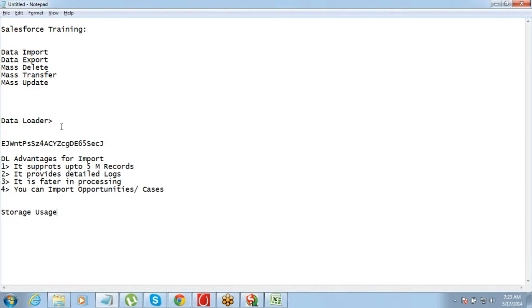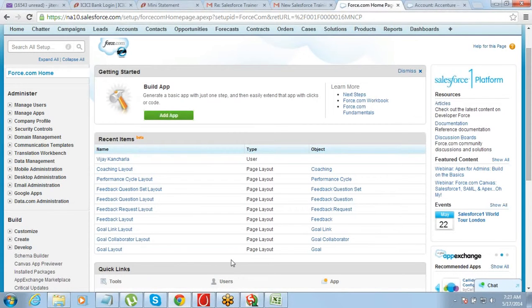One thing that we have to understand is when we take licenses from Salesforce, based on which edition we select, they give us a limited space to store our data and the files. Now storage usage gives you a complete summary, how much space you have, how much you have occupied, everything, right? And this is also something which is very important for you to keep track of.